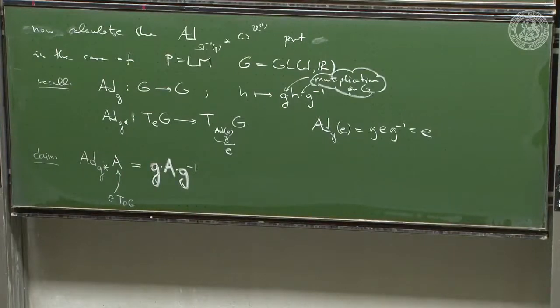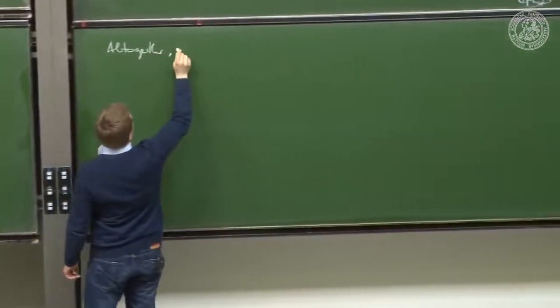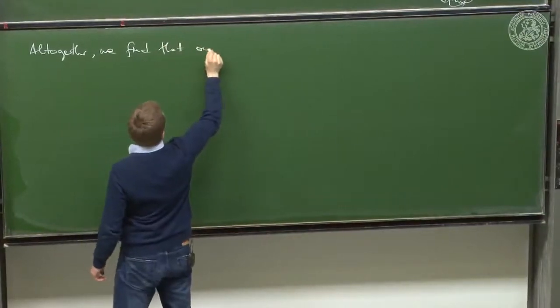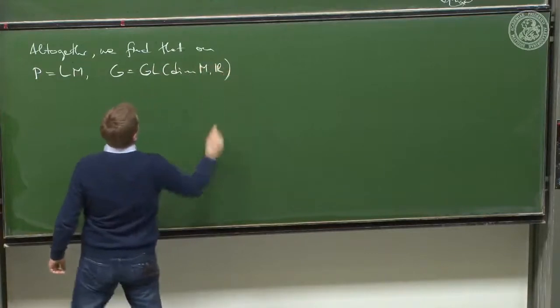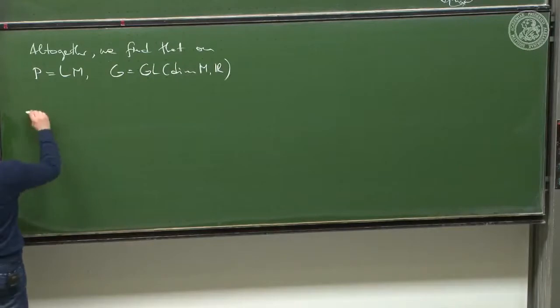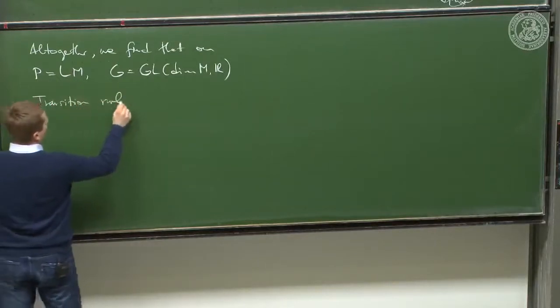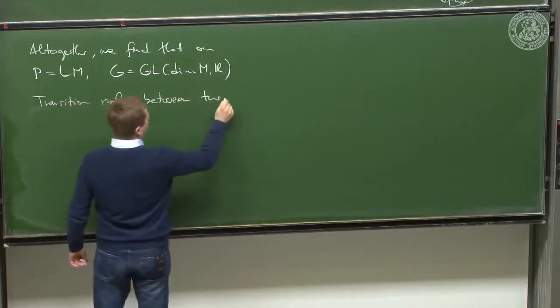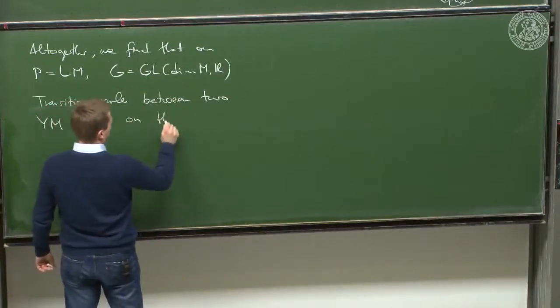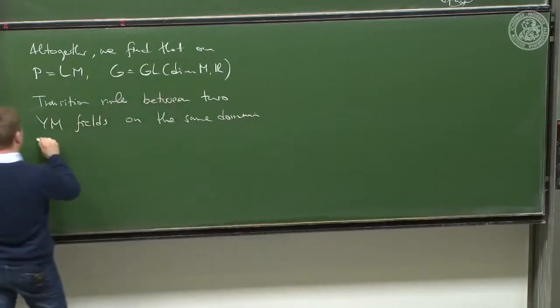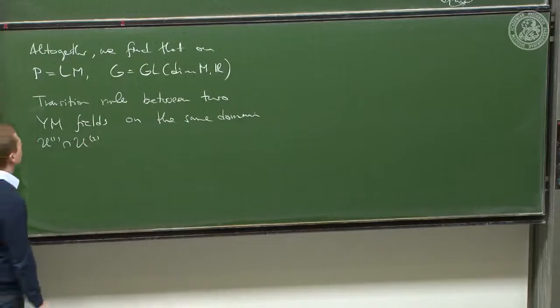Okay, so if we take all of this together, we find that on the principal bundle, which is a GL(dim M, R) principal bundle, the transition rule between two Yang-Mills fields on the same domain, so on this intersection U1 intersected U2, is